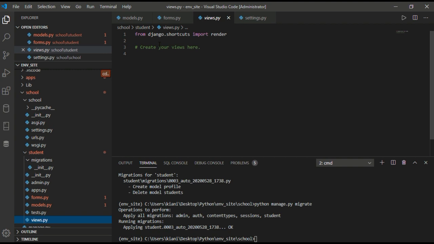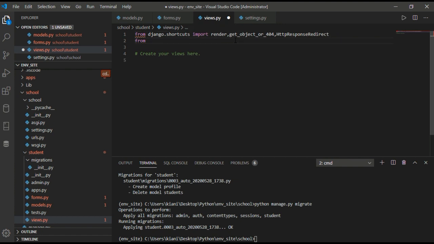Okay, and in the views.py we have to import render, get_object_or_404, and then HttpResponseRedirect.